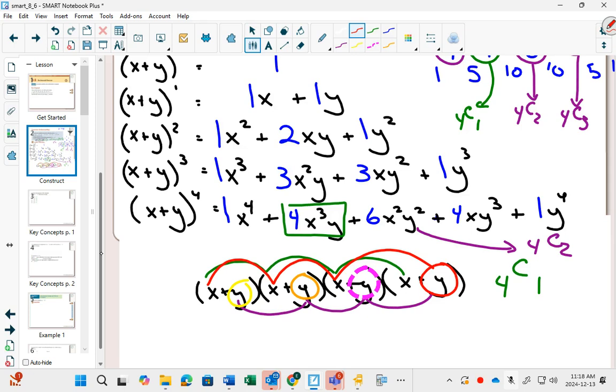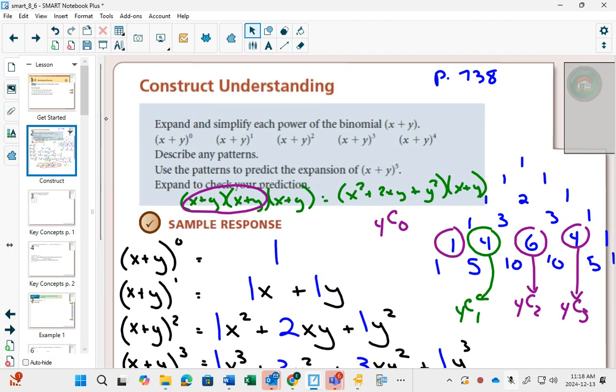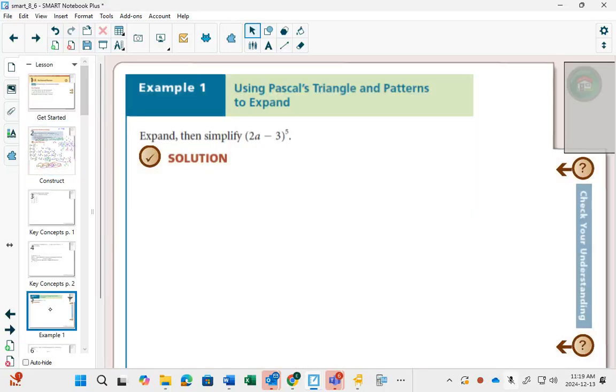So the thing that we realize is that when we do a binomial expansion, binomial because there's 2 terms inside the brackets, and an expansion because we have an exponent, which means we have to do repeated multiplication. When we do a binomial expansion, the coefficients of the terms we can get from Pascal's triangle because they're related to combinations. So when we go to example 1,